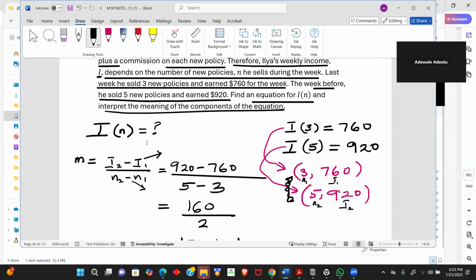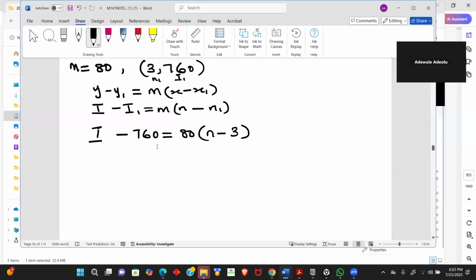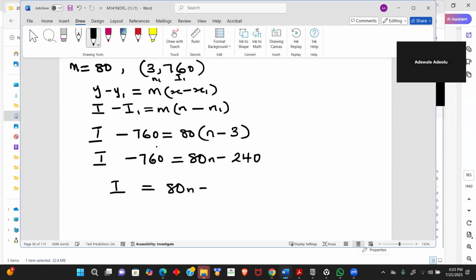The reason why I've been doing it the other time was just to show you how to move from point slope form to slope intercept form. So if you leave it that way, that is fine. Or if you want to get to the end, you can keep going. I minus 760 equals 80n minus 240 if you distribute 80. So that is I equals 80n minus 240. You add 760 to both sides. So I equals 80n